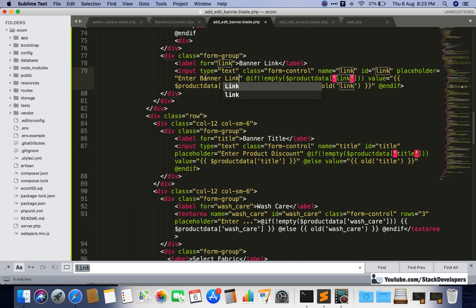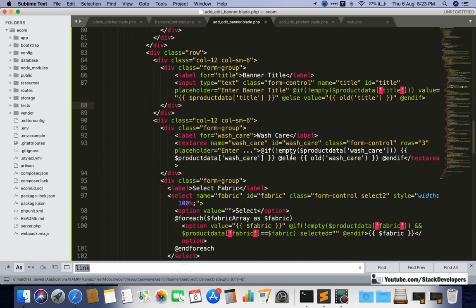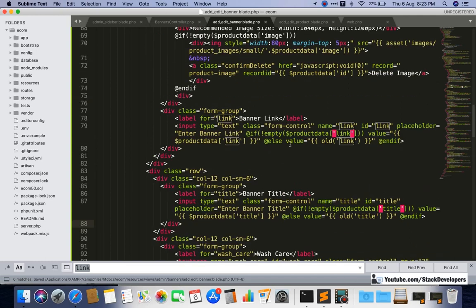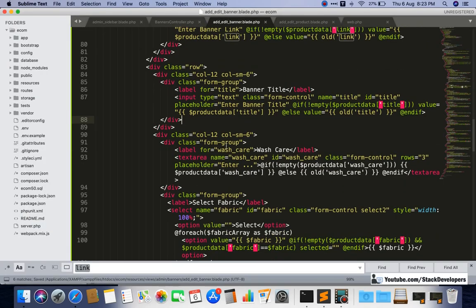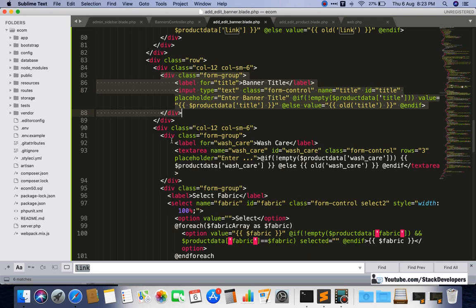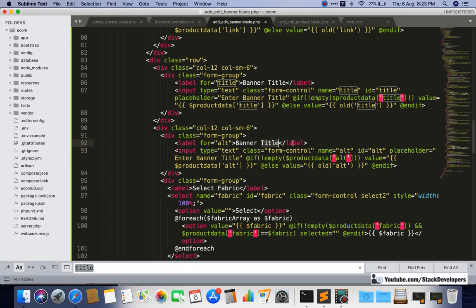Okay, I hope you know that these are just static changes that you can do at your end very easily. So after banner link, banner title, and after that alt tag. Okay, so I will just copy this one and paste here, and we are going to replace this title with alt, banner alternate text.